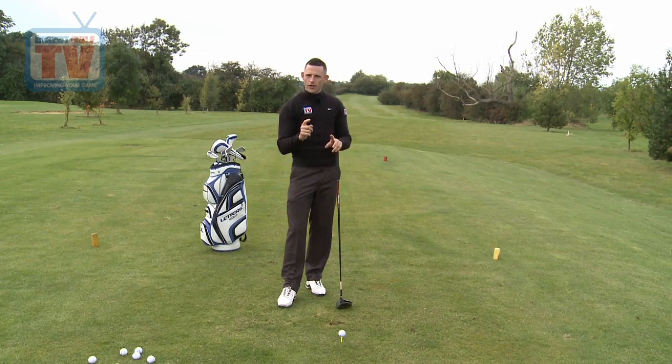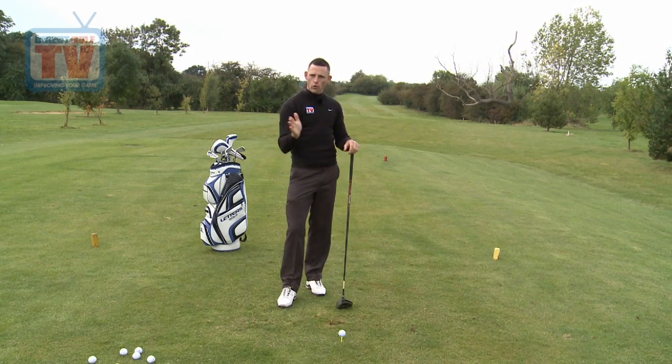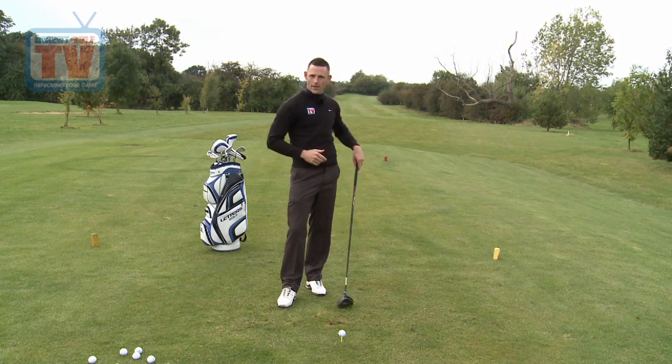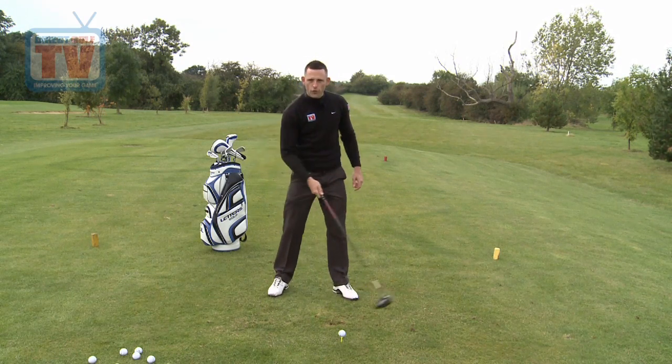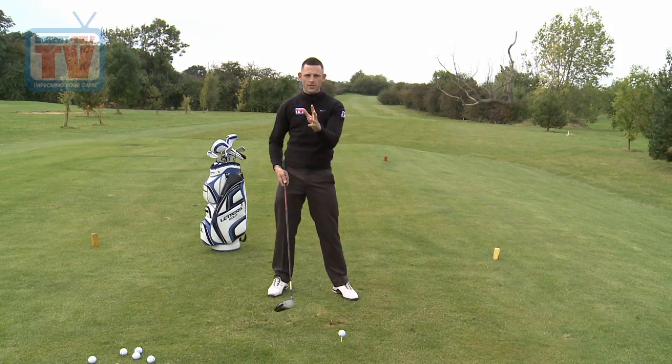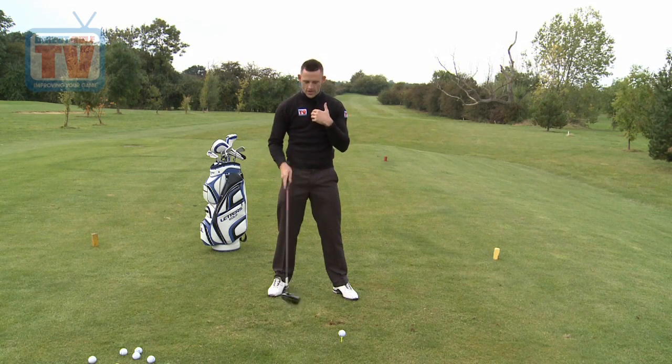So what we're actually trying to create is we hit it on the upward part of the arc. This is one of the reasons why the ball goes further forward in your stance, like we talked about in the last video. So the ball goes just inside your left heel, so it's moved further forward. Now the important thing with this is we still want to keep our turn centered, but it's centered into the